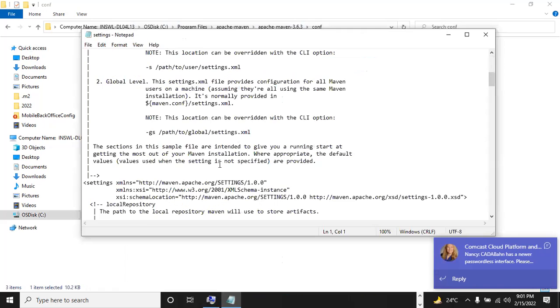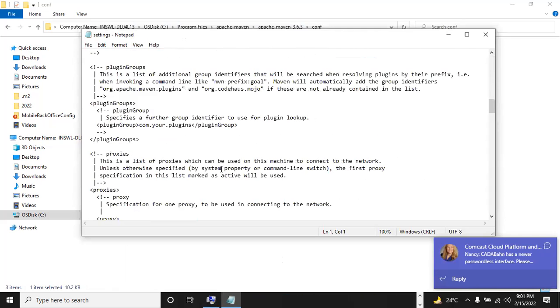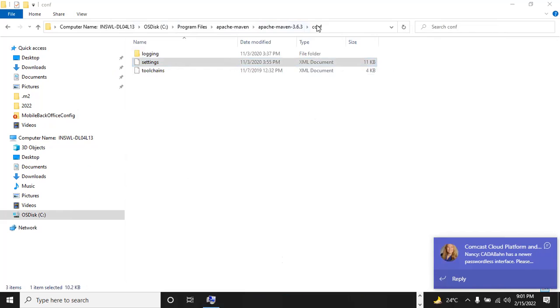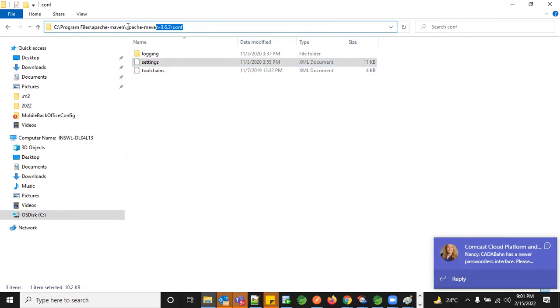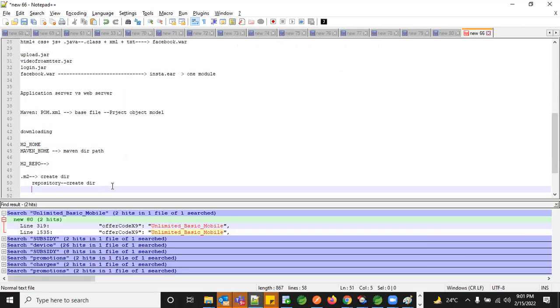You see here, there's a file. Whenever you install, under conf, you will have the settings.xml. Just copy it here into the .m2 folder.